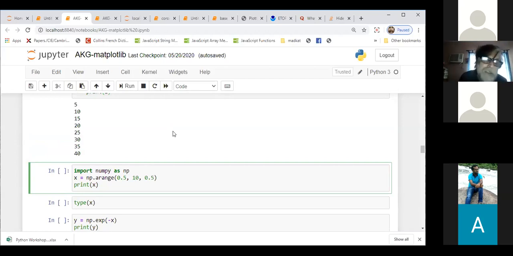There is cmath, complex math, that is there. There are many more. There is a library called random. So it creates random numbers for you. So there are lots of libraries in basic Python itself. Then there are third-party packages like matplotlib that we are doing, and also this NumPy. Then there will be SciPy, S-C-I-P-Y. I'll show you that. That is scientific Python.